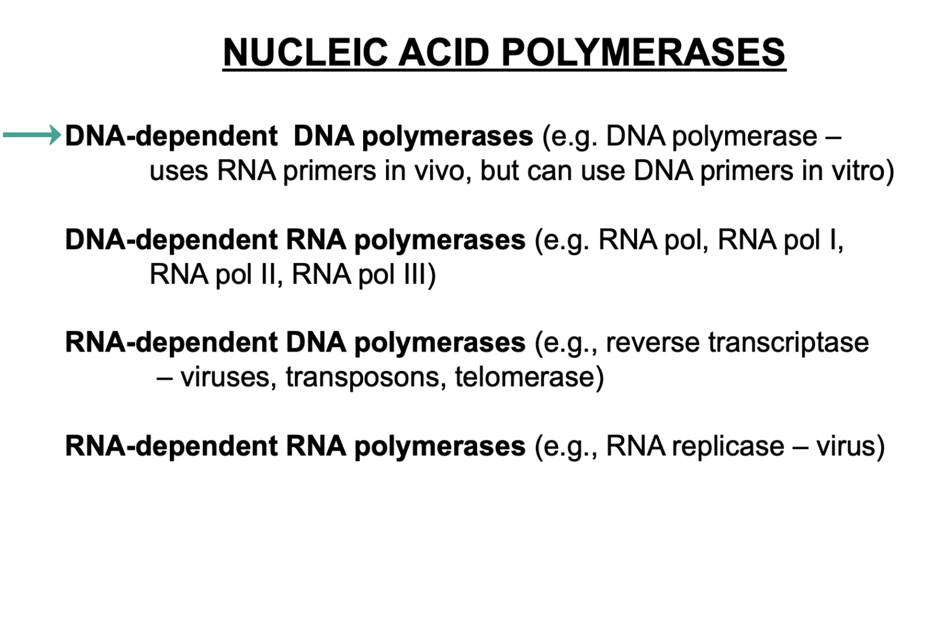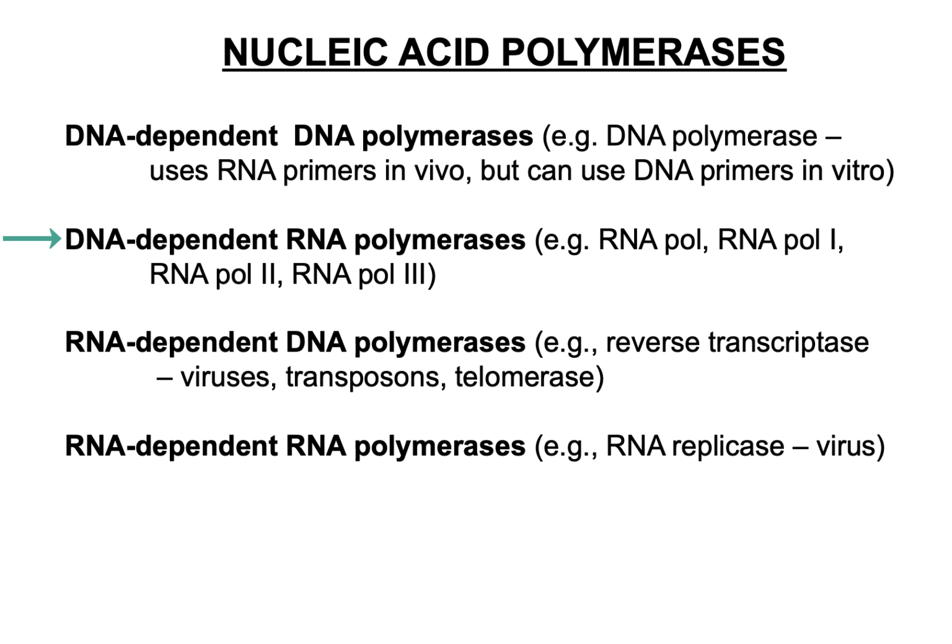So there are the DNA-dependent DNA polymerases, that is DNA polymerase, although it uses RNA primers in vivo, but you can also use DNA primers in vitro. Next are the DNA-dependent RNA polymerases, and we usually just shorten that to RNA polymerase. And that's RNA pol 1, pol 2, pol 3, and there's also a pol 4 and pol 5, all